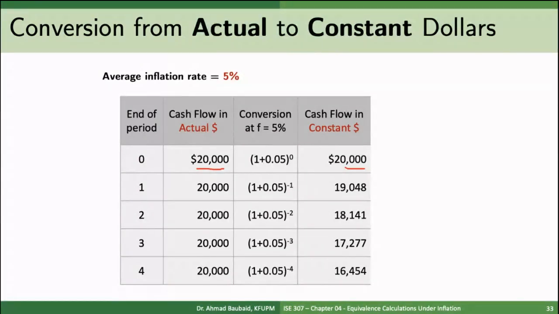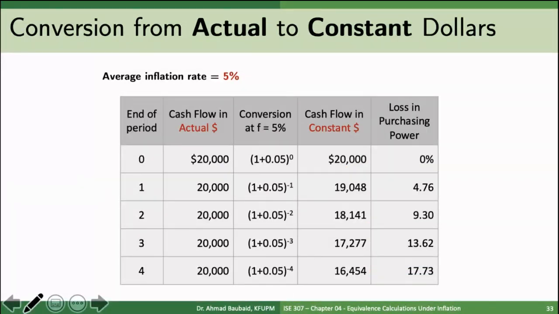The difference, of course, is 1 year from now, because if I give you $100 1 year from now, it's going to have less purchasing power, which is what we expect and what we see here. And so the purchasing power goes down because I'm giving you the same amount, but there is inflation, right? And so this makes sense. And we can actually compute